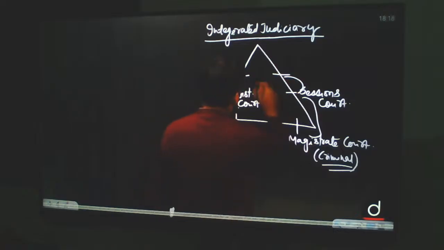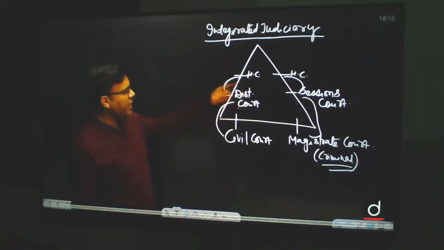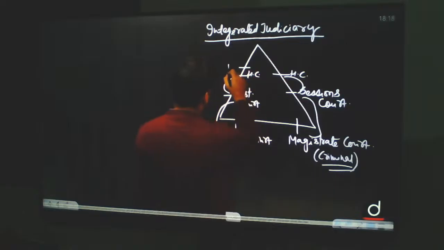ये हर जगह के लिए सिमिलर है, हाई कोर्ट्स. And every state has got their high court. So every state has lower court, every state has district court, every state has high court. You go in the form of appeal. Integrate हो गया. But after high courts, ये जितने high courts हमारे देश में है, हर state में है,